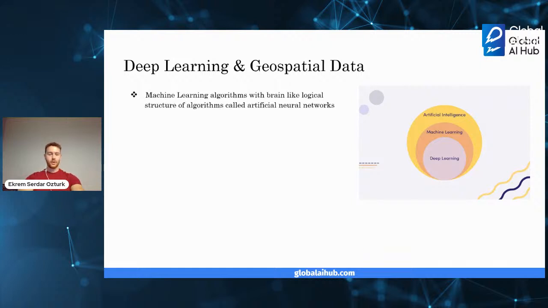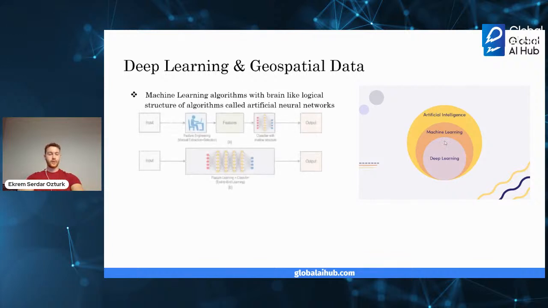So deep learning and geospatial data. Now that we are covered on spatial data, let's check how we can use deep learning and geospatial data together. First, what is deep learning? Deep learning is a subset of machine learning and AI. It is machine learning algorithms with brain-like logical structure of algorithms called artificial neural networks.